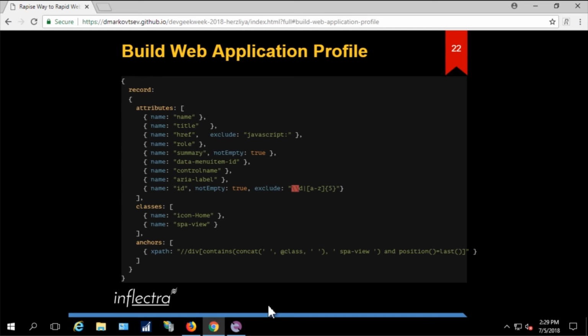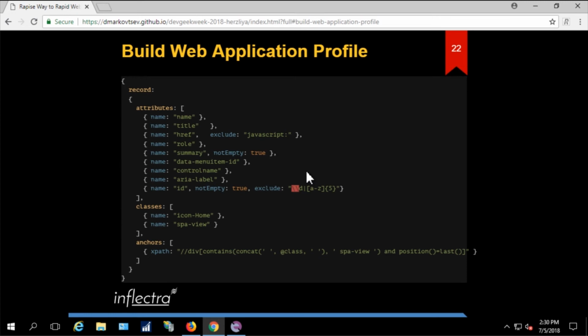So here is a JSON file that Rapise understands. Given this information, the Rapise recorder will generate the XPath expressions that we want, and that can survive